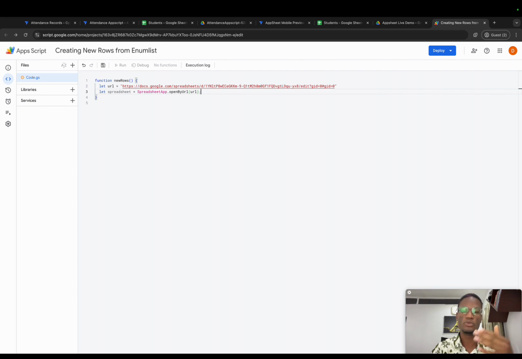So SpreadsheetApp.openByUrl: open the spreadsheet based on the URL variable I've put in there. Now this variable represents my spreadsheet. Think of it as the container, representing my spreadsheet within this coding environment. So whenever I need to mention the spreadsheet, I'm going to mention this variable. This is its name. So I'm going to come here and say now let